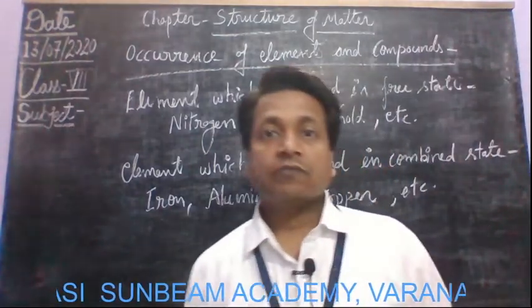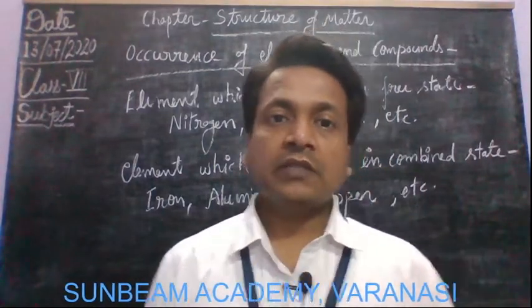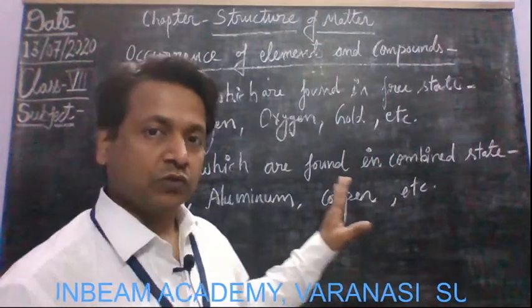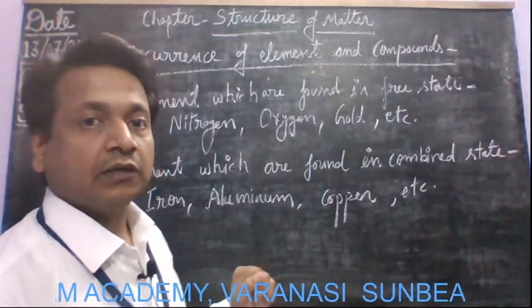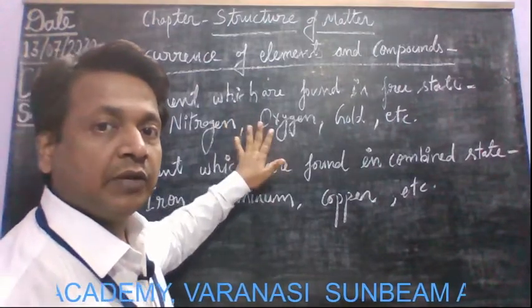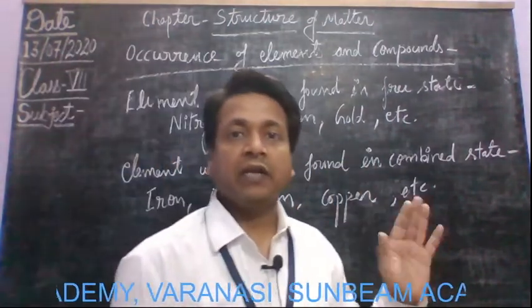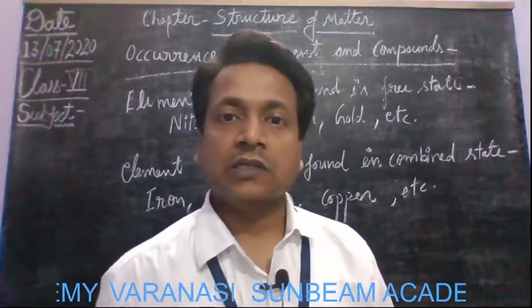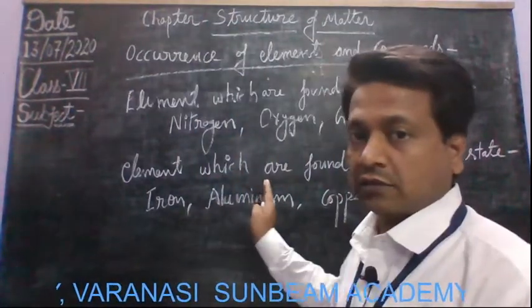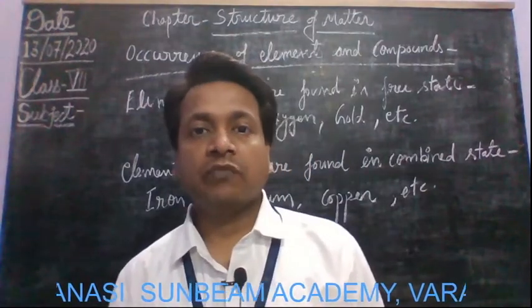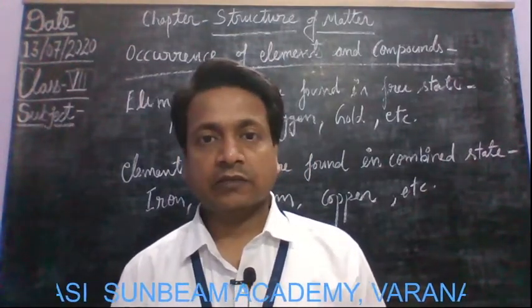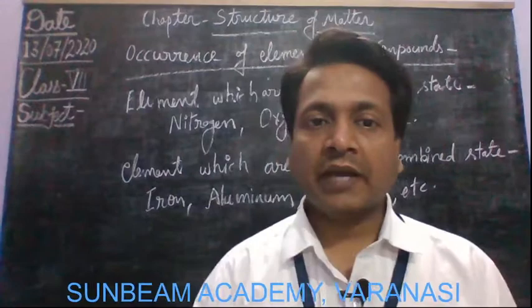The occurrence of elements and compounds in nature is found in two states, free state and the second one, combined state. In free state, these elements do not have the great tendency to combine with others. And in the second group, these elements have the tendency to combine with other elements. Now, come back to the